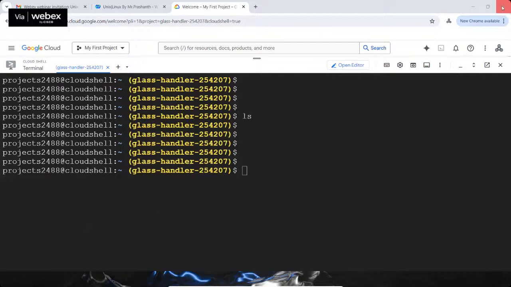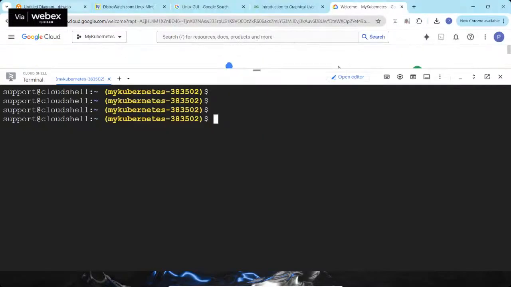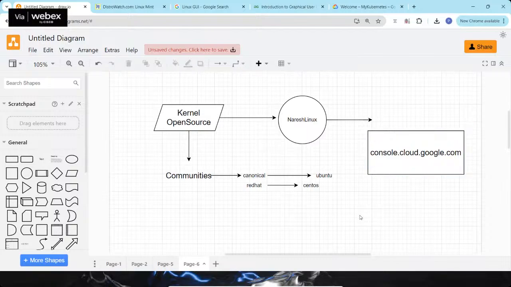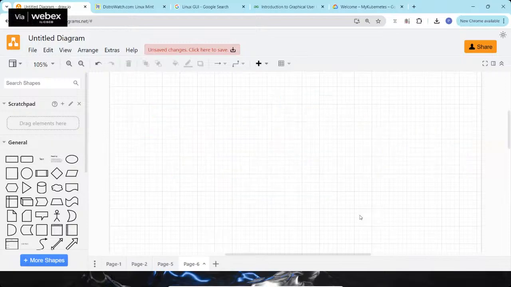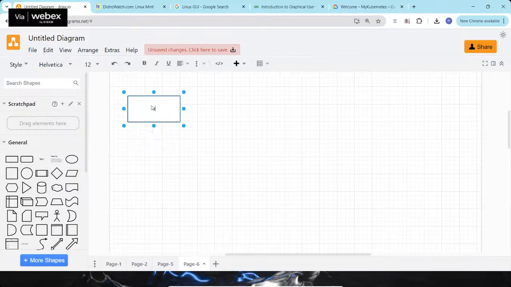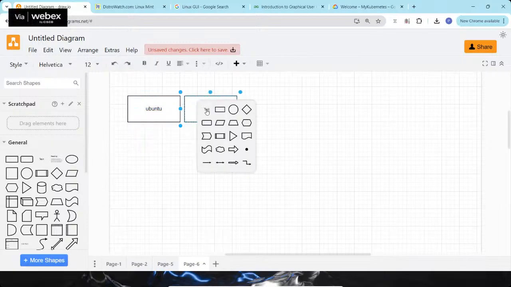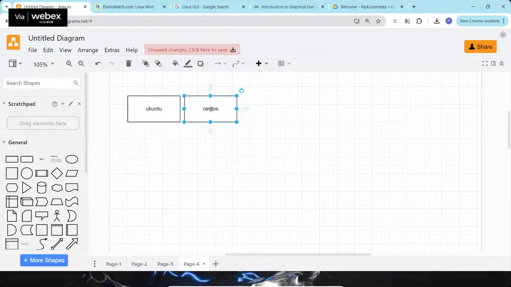Which flavor of Linux is this? The Linux operating system that we're getting here is Ubuntu Linux, team. And guess what? No matter which flavor of Linux you learn, Ubuntu or CentOS or Red Hat or Fedora, whatever it is, the majority of the commands are the same